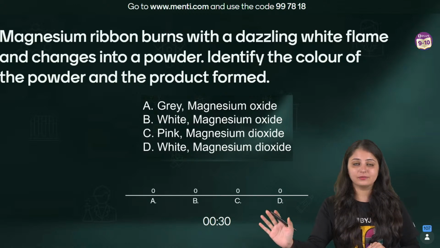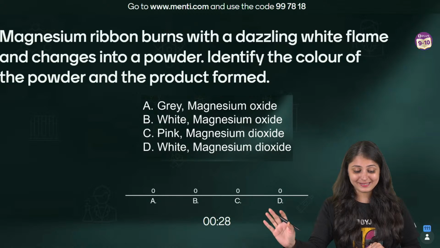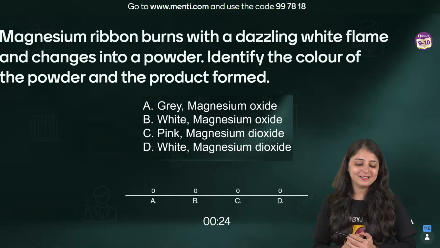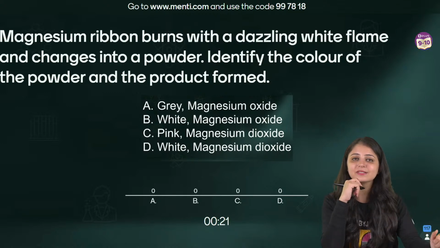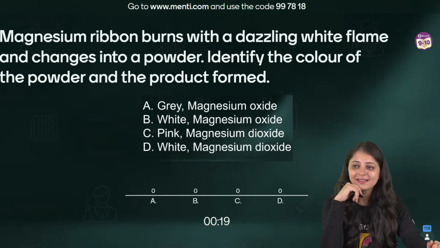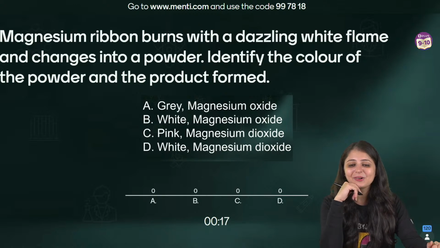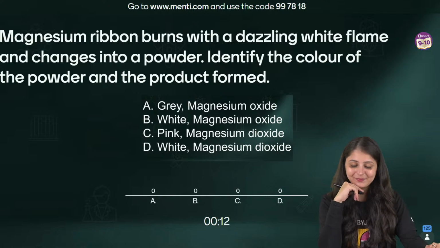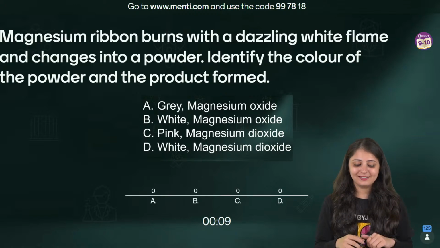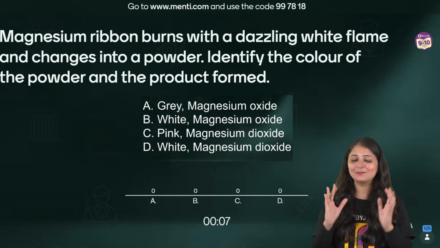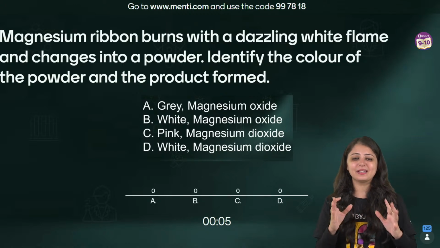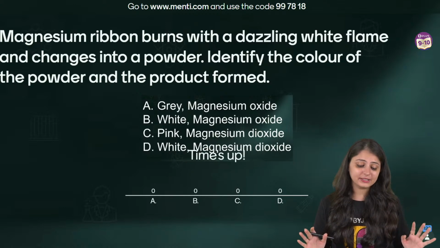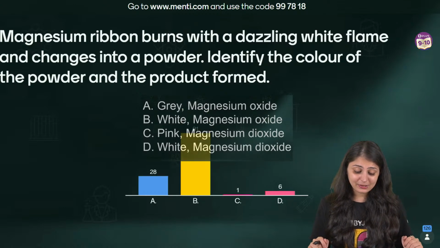First is the color of the powder that's going to be formed. And second is the name. What's the product? क्या बन रहा है यार? Burning of magnesium ribbon with white dazzling flame. What is happening? Two things you have to figure out in this question. So don't stop at the first one, okay? Look at the option completely. I think I've somehow given you the hint. But I'm expecting कि यार ये तो 100 plus सही होना ही चाहिए. I hope I'm right.